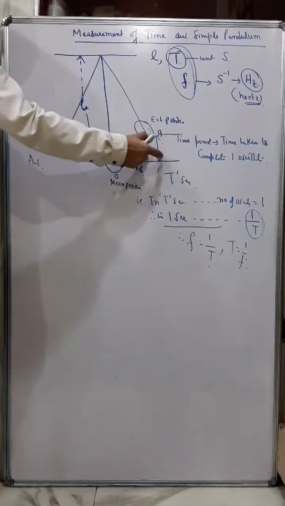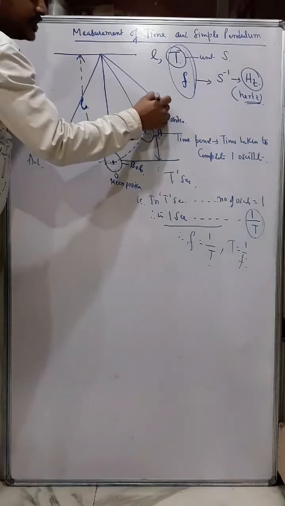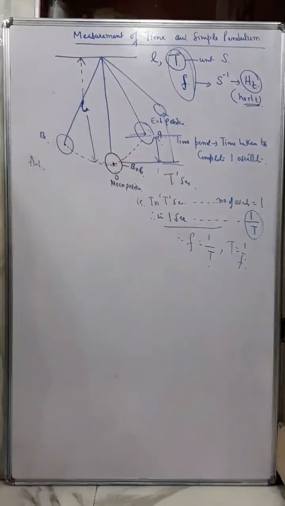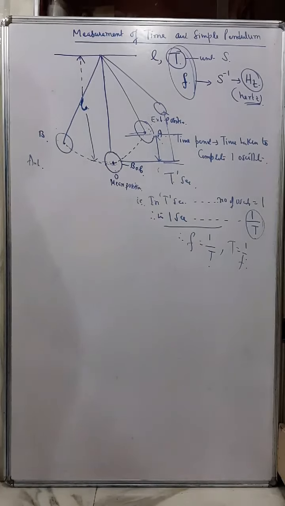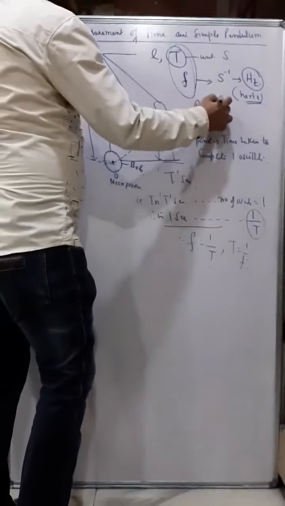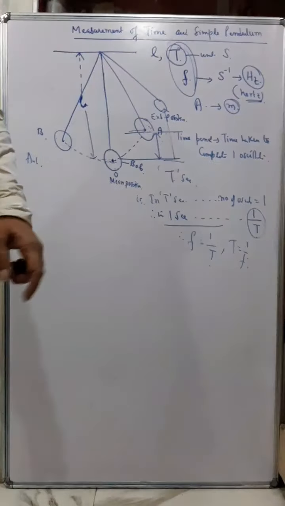So that is called the amplitude, the swing, in fact, you can say. If the pendulum goes here, then the amplitude becomes higher, more. The amplitude is symbolized as A, and the SI unit of amplitude is meter. So amplitude is meter.